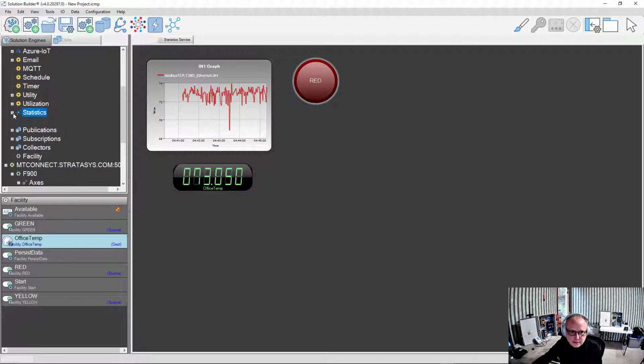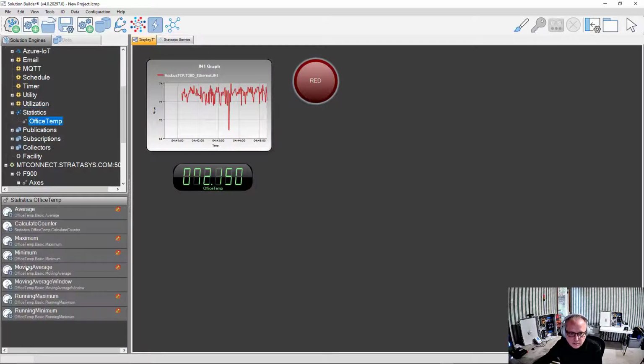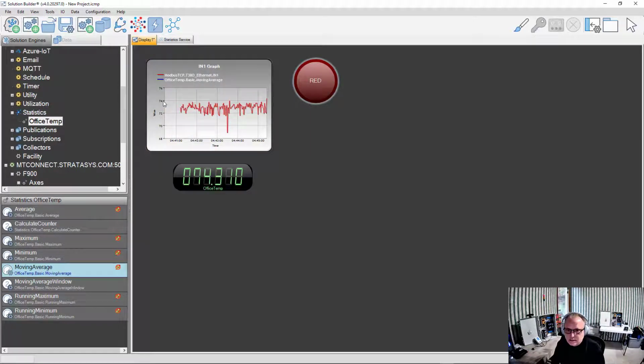If we look at our statistics here in the tree, we'll see that that moving average is being calculated, and we can drag that into the same graph. So again, once data comes into the tree, no matter where it came from, it's fair game for you to do all of these fun things with, which includes right now just visualization. But our next step is to take the data that we've analyzed from our inputs and go to step 3,